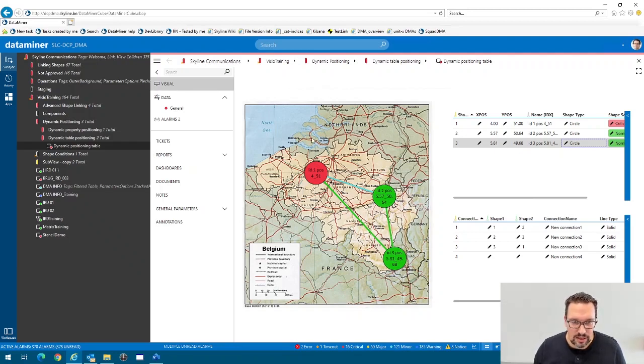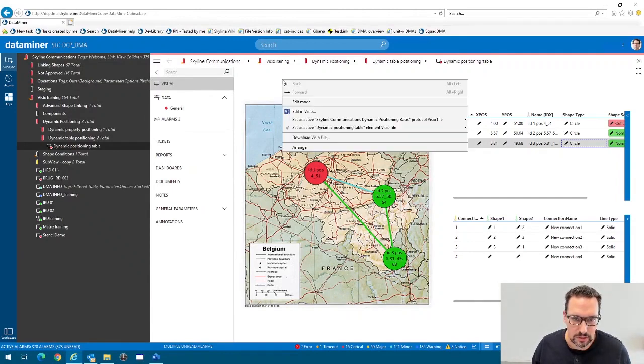In practical applications, you can use this to distinguish, for example, between main head ends and regional head ends, or just whatever you choose, so you can distinguish between different types of shapes. Okay, so now we have circular shapes, and then there is one last option I would like to show you